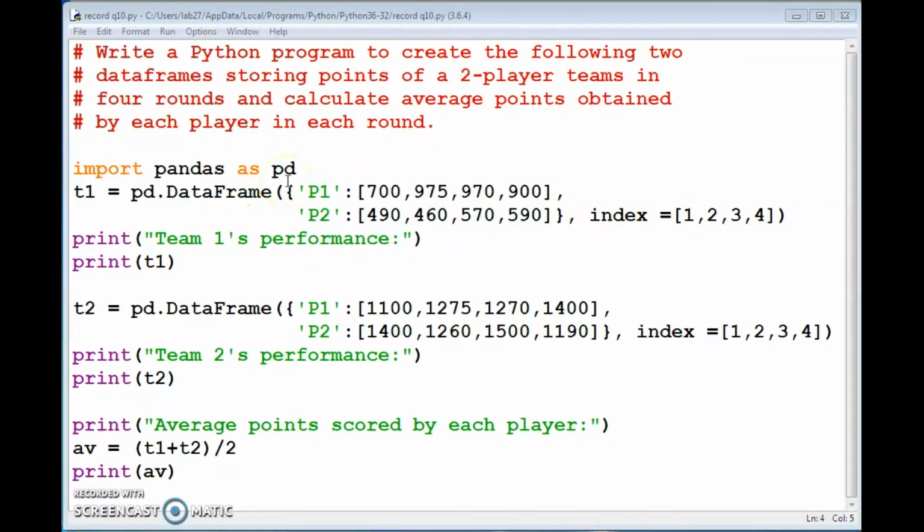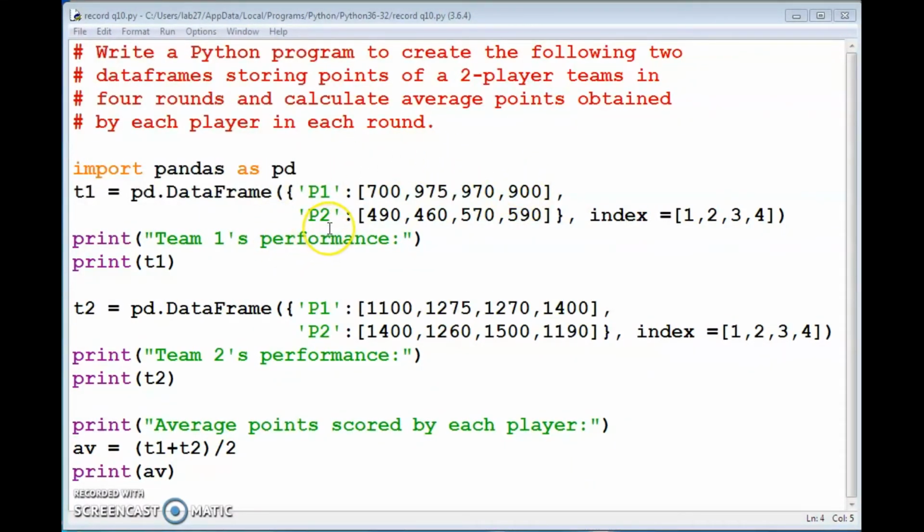So we created team 1 performance as T1 is equal to pd.DataFrame with P1 and P2, that is players. P1 first player, first round point 700, second round point 975, third round point 970, fourth round point 900.